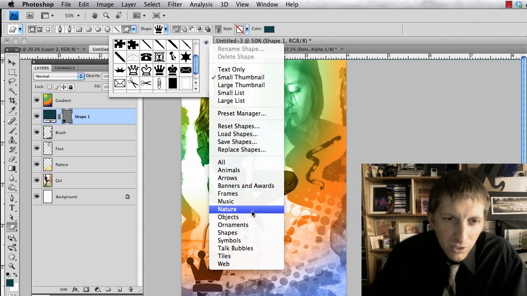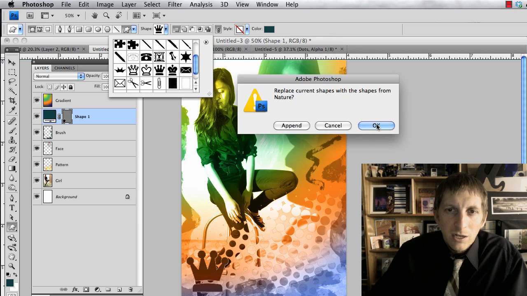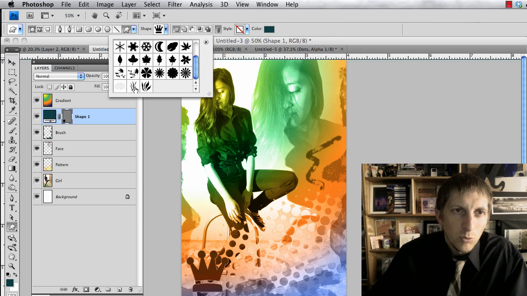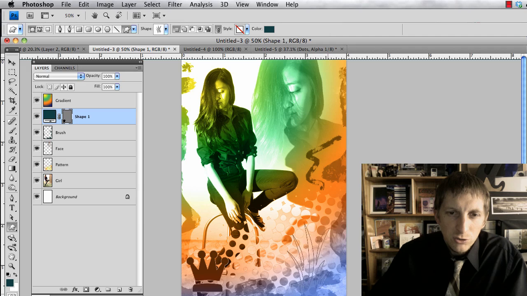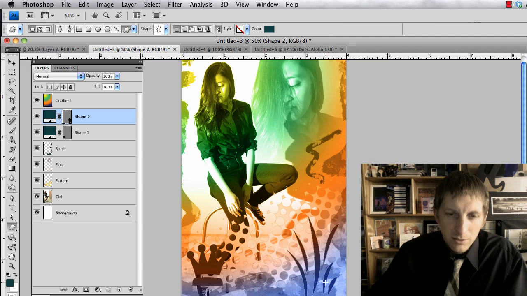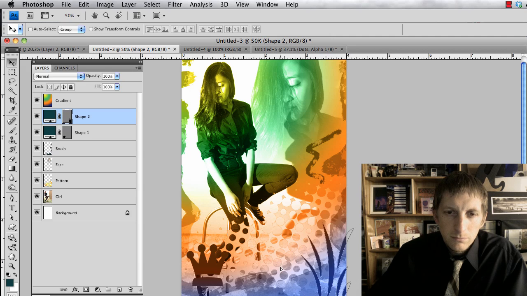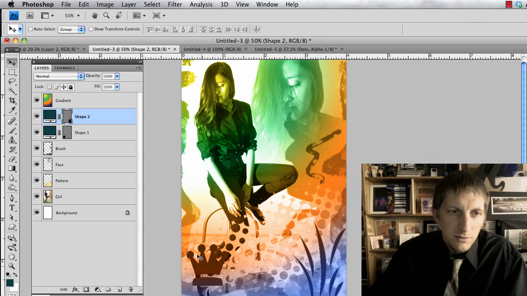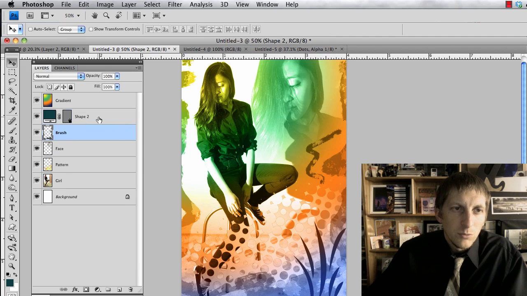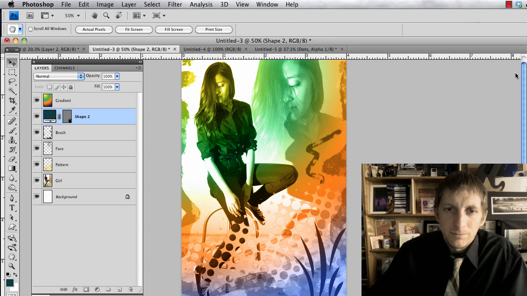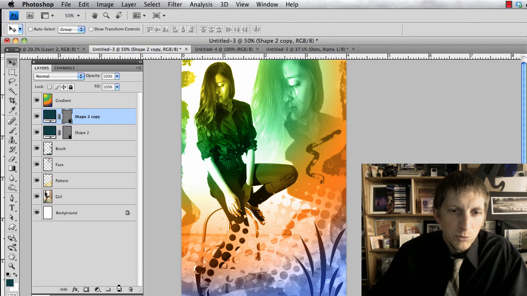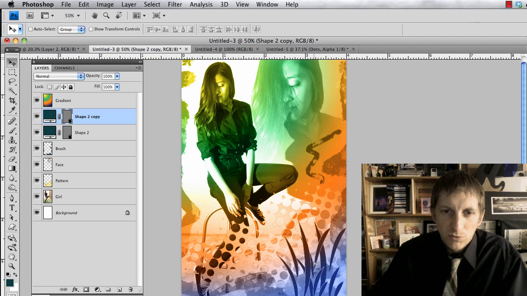Now, if it's for a girl, they have some good nature shapes that may be more relevant. They do have flowery ones too. So I can draw some of these in here to be more artistic. Okay. And I don't like the crown, it's kind of distracting, so I'm going to go ahead and delete that. And so maybe I want two of those leaf shapes. So I'm going to duplicate that layer, maybe move it over a little bit,